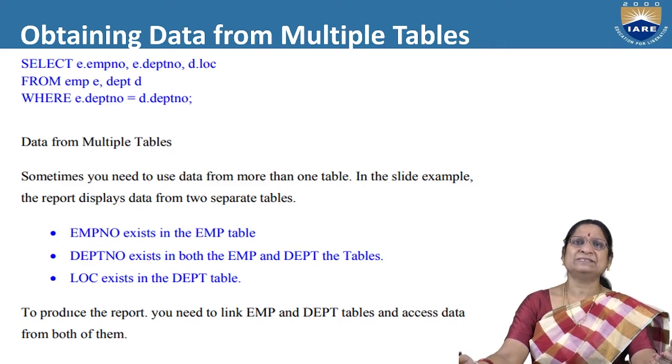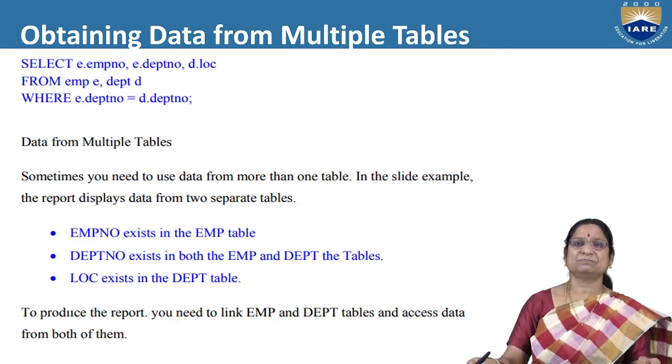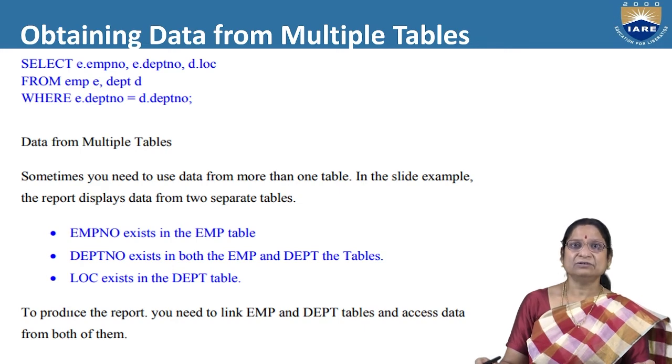So the more joins we use, the more complex the query will be. Then automatically the time taken to execute the query is going to be more. So we have to keep that in mind, and based upon that we are supposed to write our joins properly to get the data more effectively.